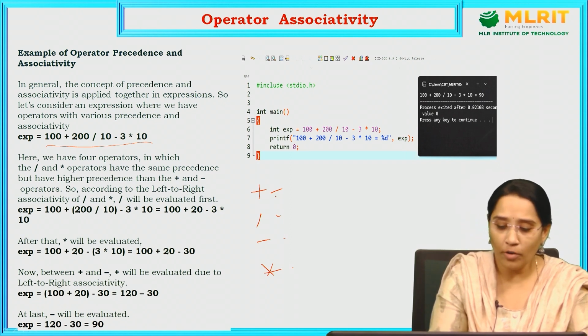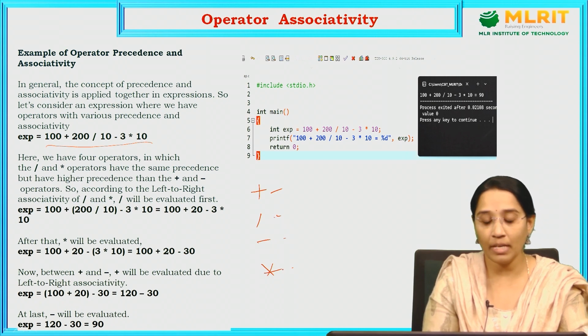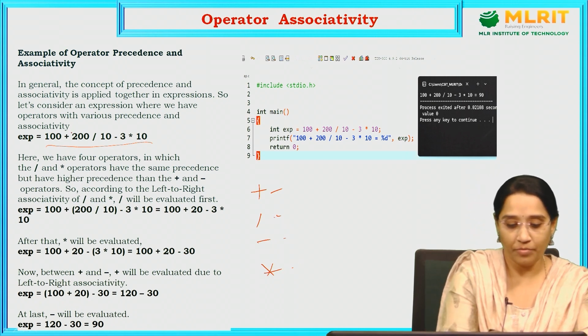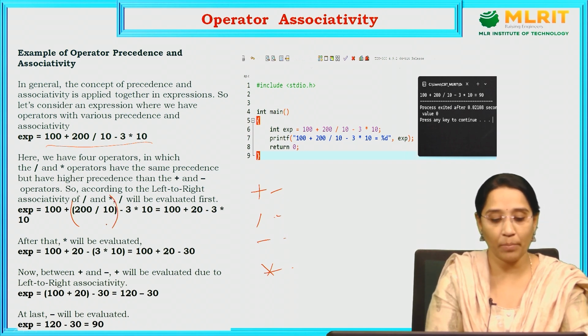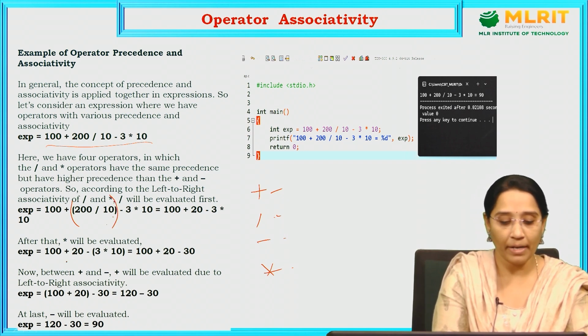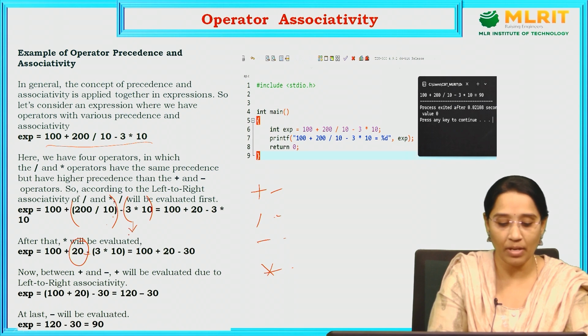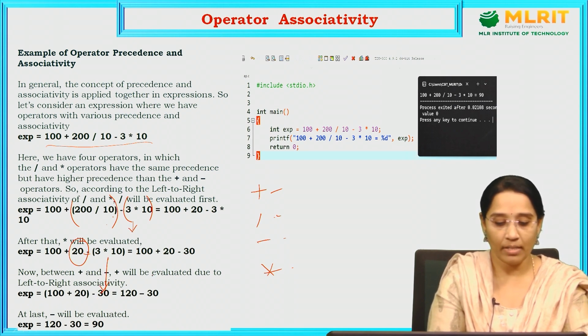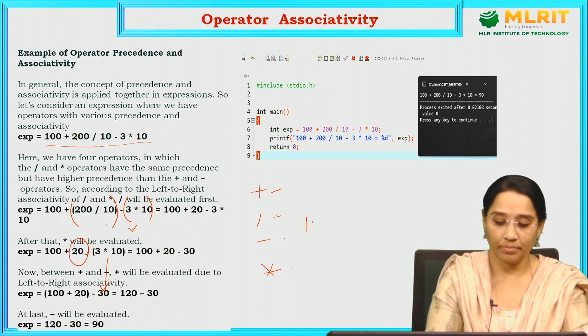See, out of all the operators, division and multiplication have equal precedence. So first this expression will be evaluated: 200 by 10. 200 by 10, the answer is 20. Next, minus 3 into 2 will be evaluated. 3 into 10, 30. You will get the answer. So, next, 100 plus